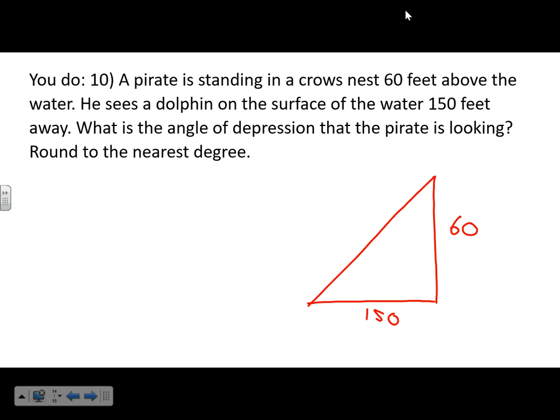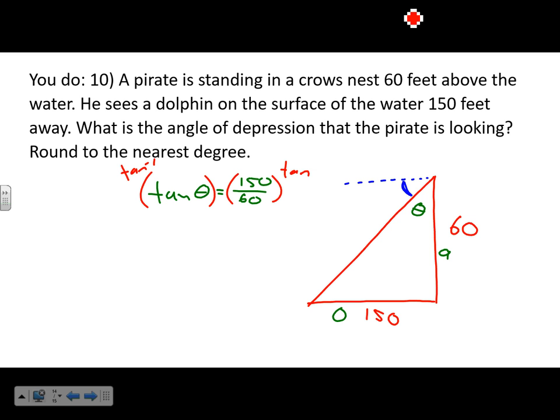So again, the angle of depression is this angle. We just have to use this angle to get to that point. So again, now we have the opposite and the adjacent, so it's definitely tangent. The opposite is 150, the adjacent is 60. And inverse tangent,